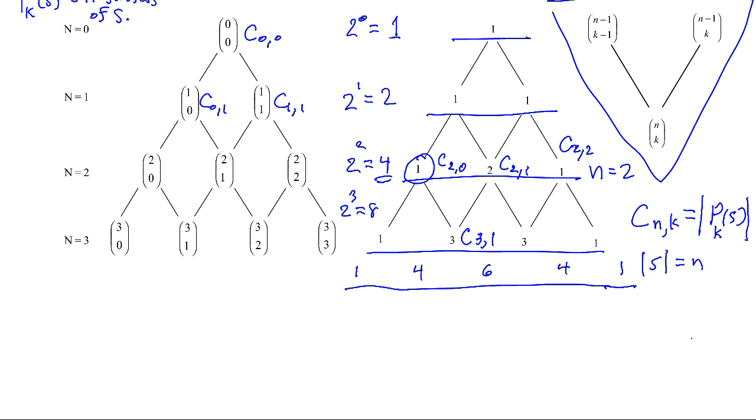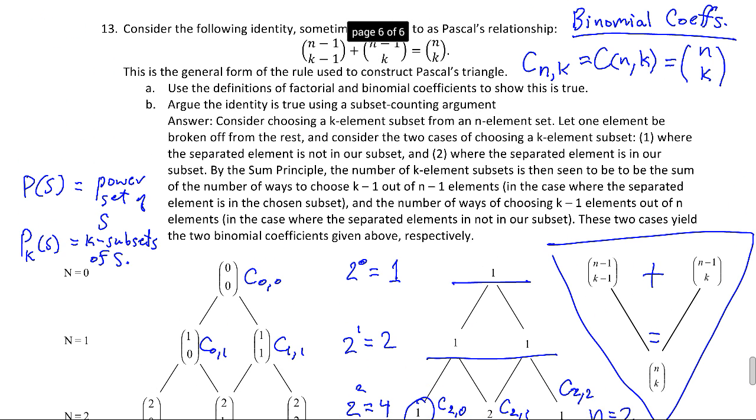And if you go up to the left, you'll see that they both go down by 1. The 3 goes down to a 2 and the 1 goes down to a 0. So this really does represent the 3 elements in one of these little triangles. And this one really is supposed to be the sum of the other 2. Okay? So now I'm finally going to do the problem where I use the definition of the C(n,k)s to prove